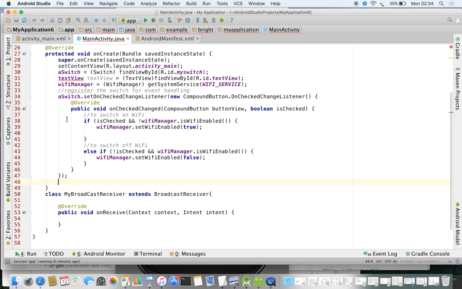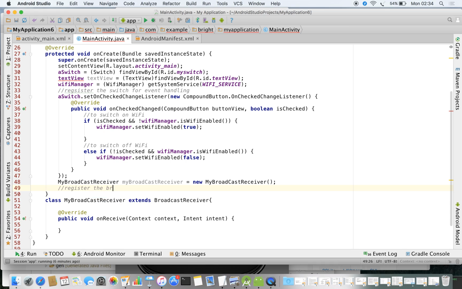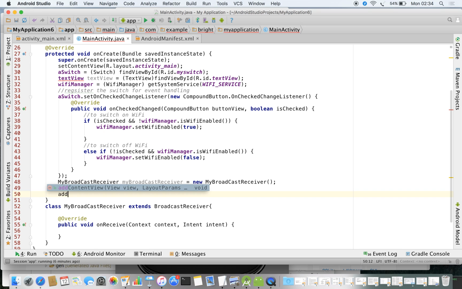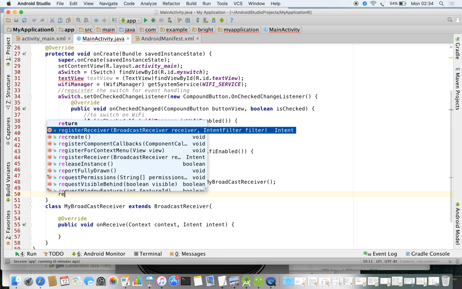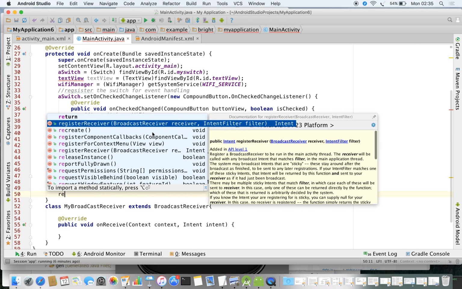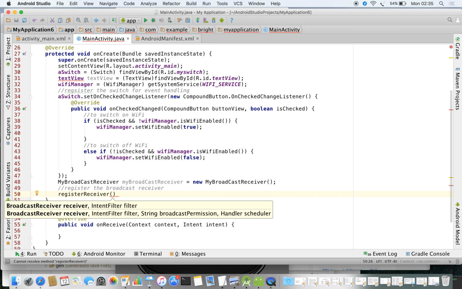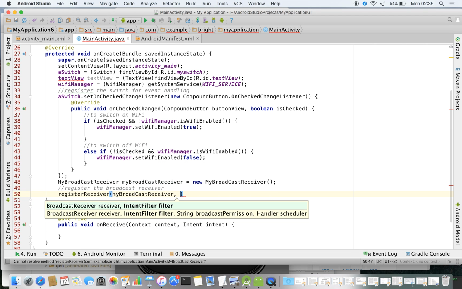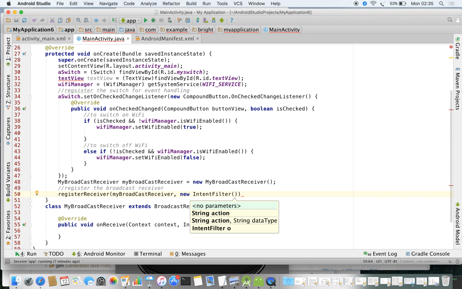Now outside this setOnCheckedChangeListener, I am going to create the object for my broadcast receiver. For that, MyBroadcastReceiver equals new MyBroadcastReceiver. Next, we are going to register the broadcast receiver. For that, we have a standard method called registerReceiver. Again, we can see here two components: the broadcast receiver object followed by the IntentFilter. The broadcast receiver object is my broadcast receiver, and for the IntentFilter I am going to create a new IntentFilter,